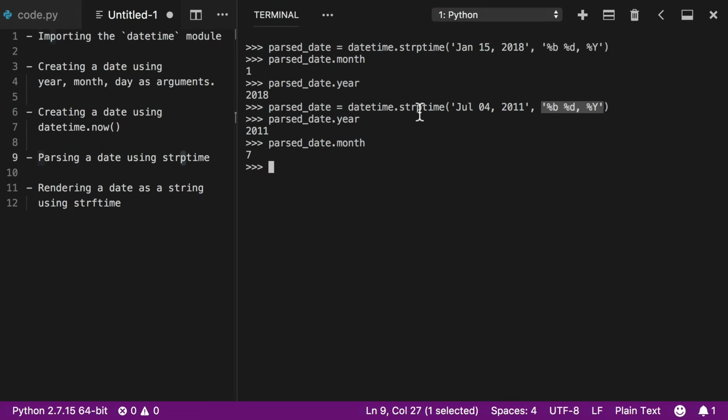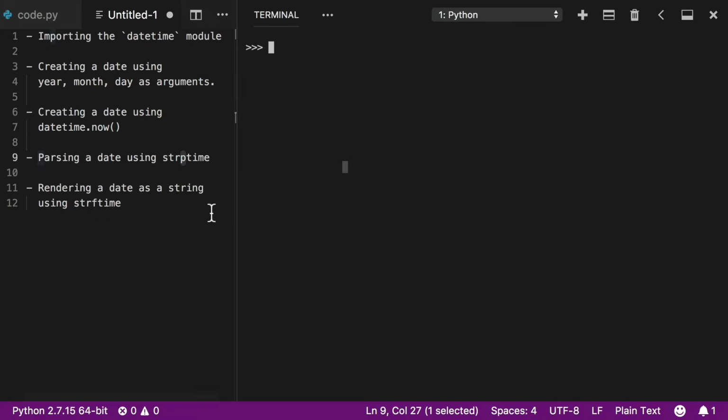But there's a lot of things in here, not just for date, but also for representing things like time. So that's going to do it for the string ptime. And like I said, string ptime allows us to take a string, parse through it, and convert it into a datetime. Now we're going to take a look at another useful function, which is called string ftime. Now string ftime is pretty similar to string ptime in the sense that we're going to write another one of those formatted strings. But in this case, string ftime is going to take a datetime, and it's going to allow us to grab specific parts out of it and put them into a string.